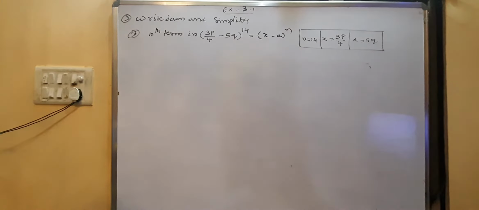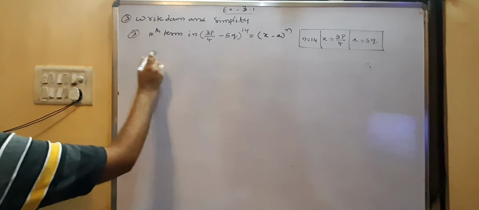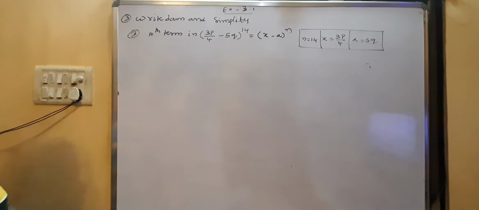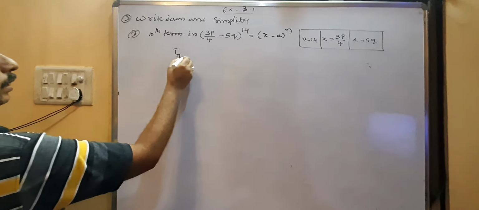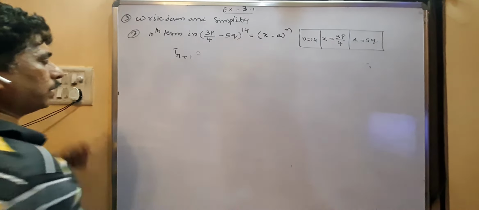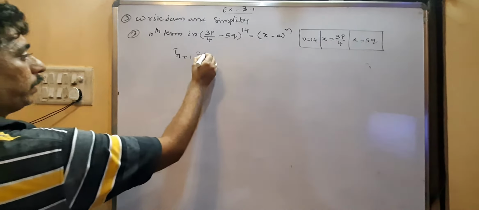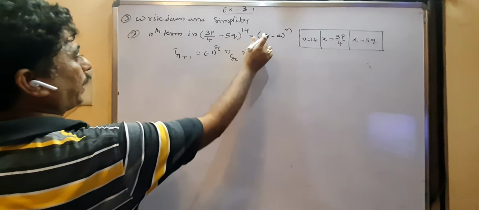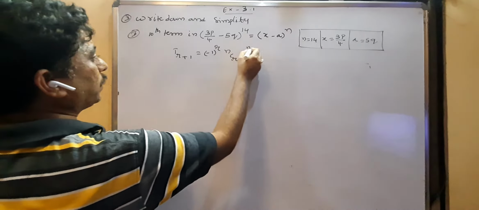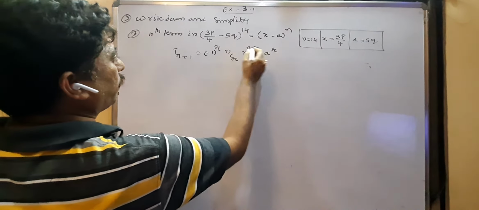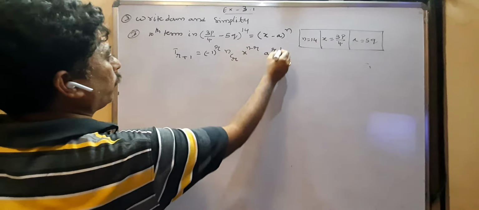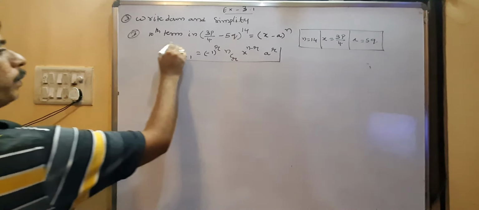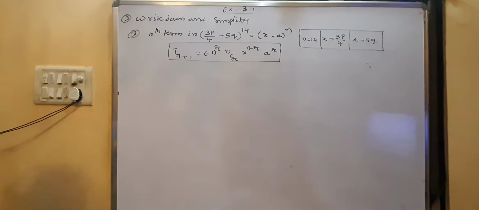They are asking the 10th term. Between minus, the general formula I have in the expansion is T(r+1). In this expansion the general term formula T(r+1) is (minus 1) whole power r, nCr, first term x power n minus r, a power suffix number r. Learn the general term formula and its application. You have to learn it.